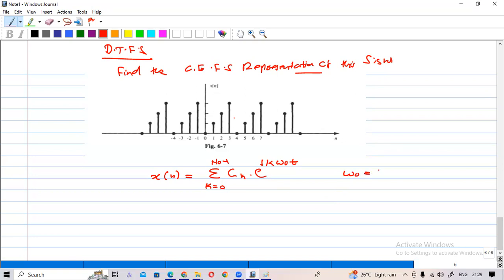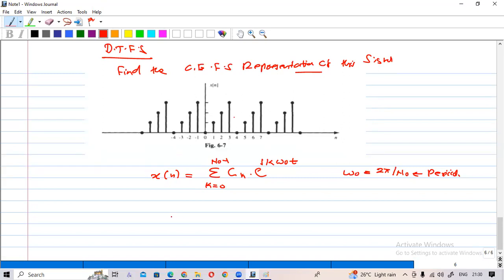So omega naught is equal to 2 pi divided by N naught. This N naught is the fundamental period of the signal. And you can evaluate this Ck by using this summation, that is,